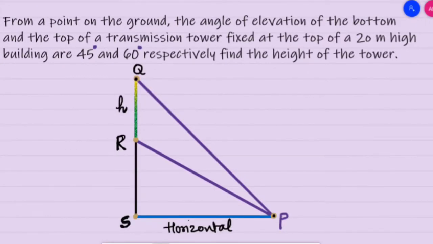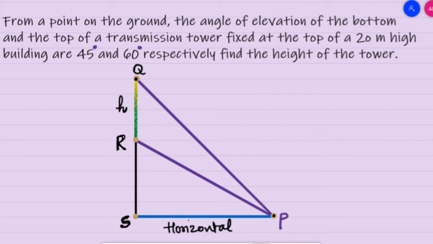Let us see the next question. Question number 7. From a point on the ground, the angle of elevation of the bottom and the top of a transmission tower fixed at the top of a